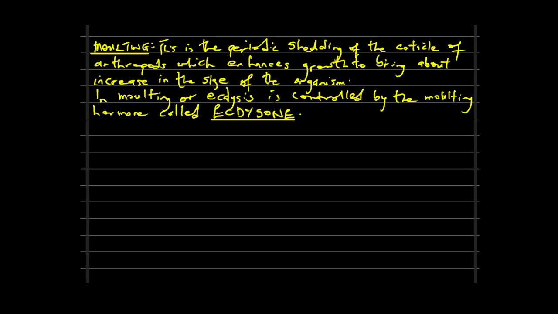So when ecdysone is produced in the body of that organism, it brings about the process that we refer to as molting. When molting occurs, it brings about the removal of the outer coating, the outer cuticle of that organism. It removes the outer skeleton, allowing the underlying skeleton to receive fresh air, and that becomes hardened to become the new exoskeleton. So that is that about the exoskeleton.